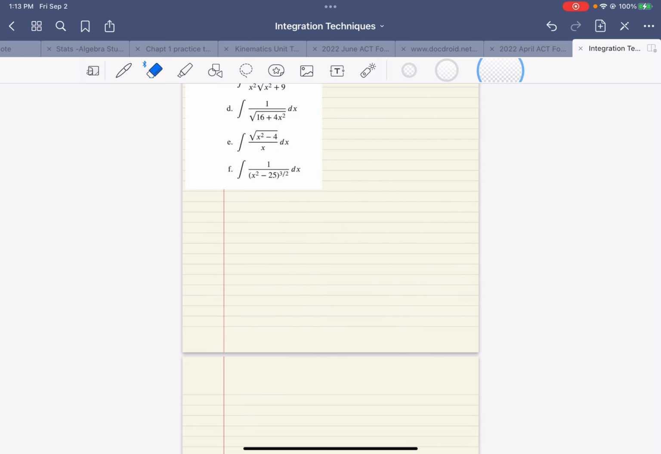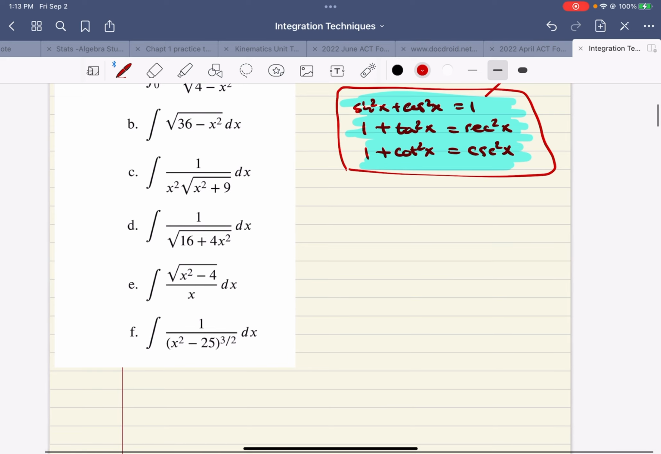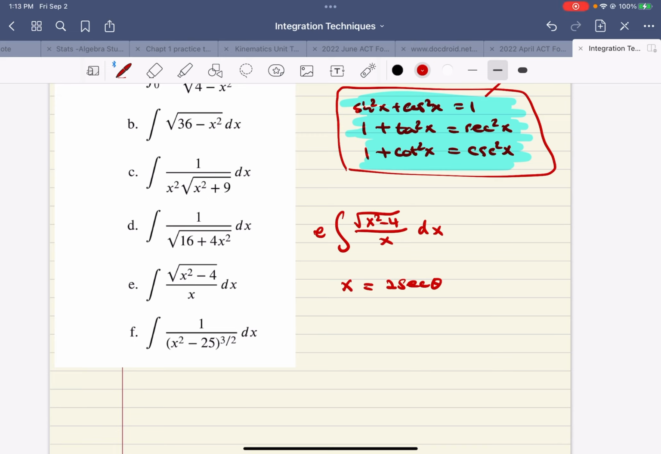Now let's move on. E, the integral of root x squared minus 4 over x dx. So how are you going to do that? What you can do is, let's say x is 2 secant theta. Then dx equals 2 secant theta tangent theta d theta. So that becomes